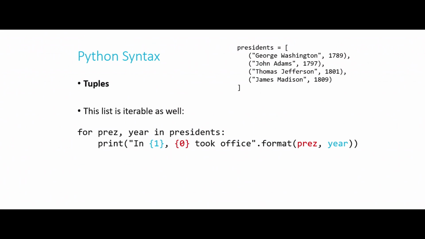Now, granted, I wrote this deliberately to show you that I could rearrange this list. I also could have just swapped pres and year, and I wouldn't need the numbers at all. If you leave them out, it will just go left to right through whatever the arguments are to format, and plug those in left to right to fill in all of the curly brace emptinesses that you have in the print function. But here, I can also explicitly take them out of order if I want to. So that's all I'm doing here.